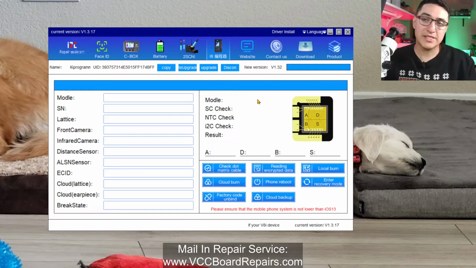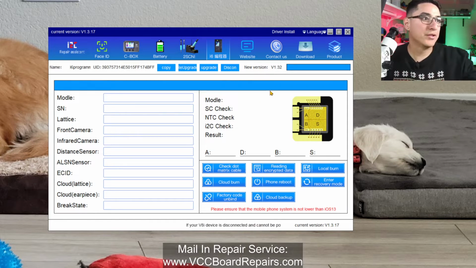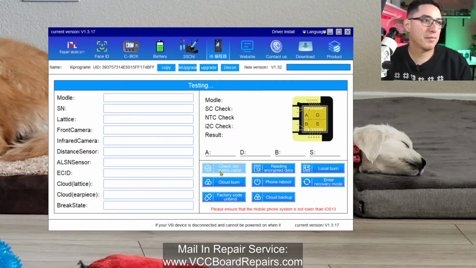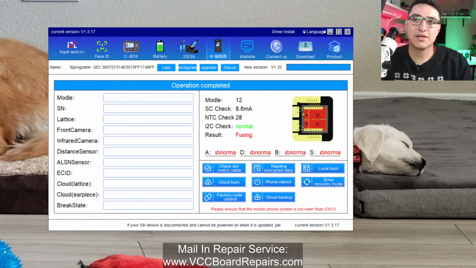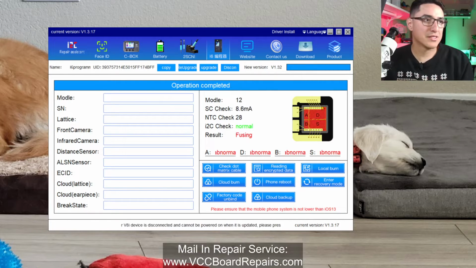One of the benefits to this is you can back up. If you're not sure if this is backed up to the cloud like it did on the display itself, you can use this to test it. So click check dot matrix. You'll see it'll do the same test. You can see here it is red. Red usually means not good. You could click reading encrypted data,